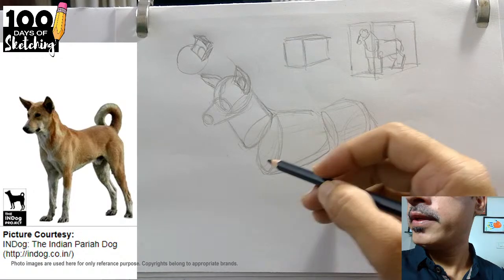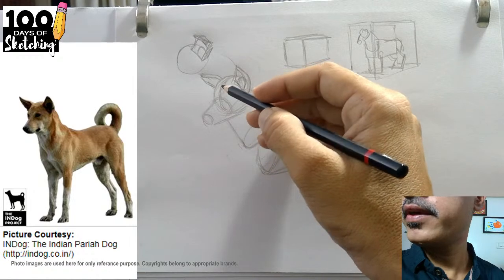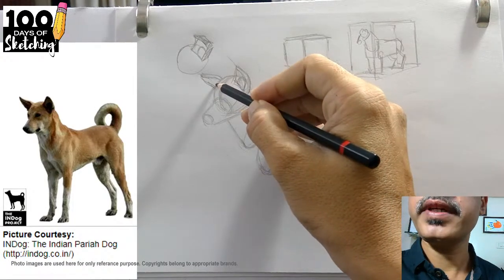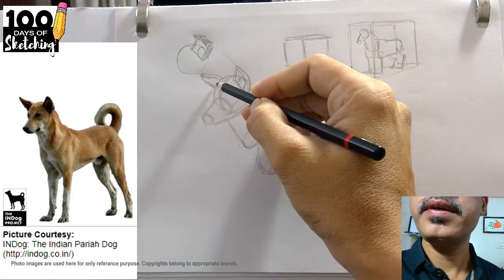So it was this again, over here I can see this plane,